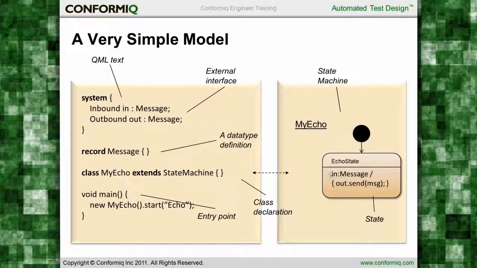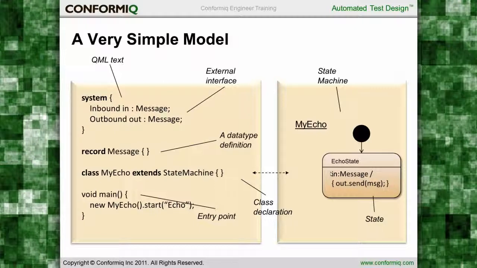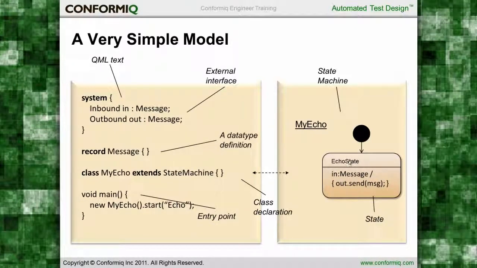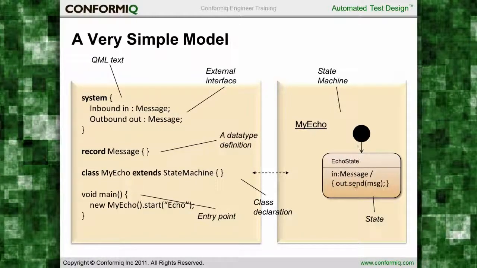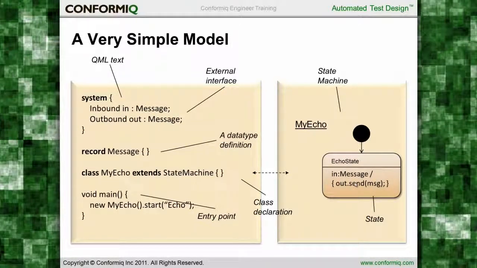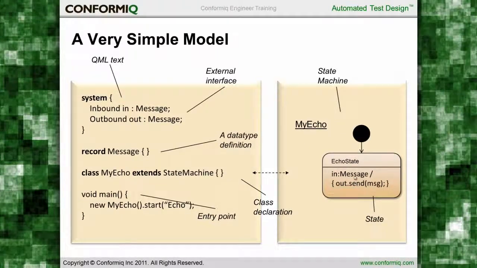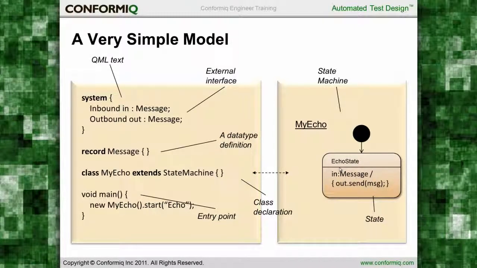And if you now give this model to Conformiq Designer, you would get out one test case which would be enough to exercise this particular system, because the functionality is very simple. We receive something and then we send the same message back. And that's it. A simple example, but bigger, more complicated models follow,